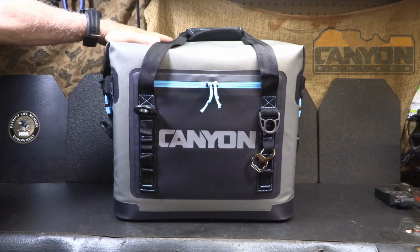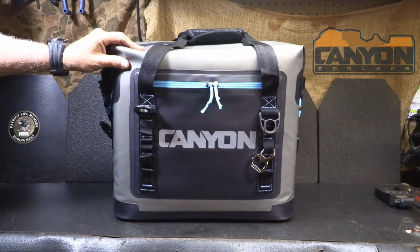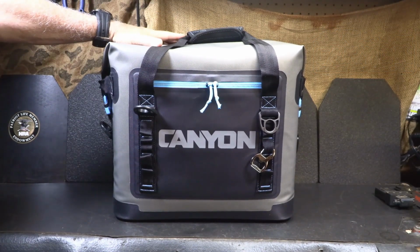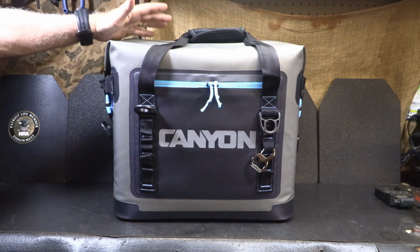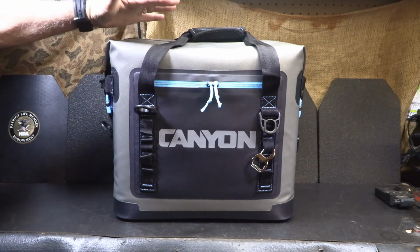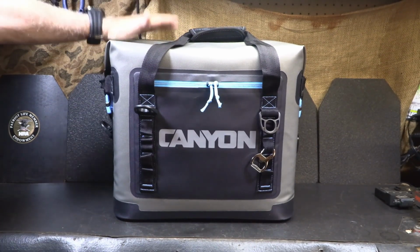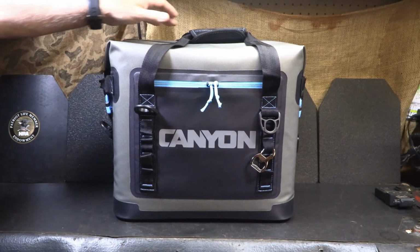Next is the Canyon Coolers Nomad 20. This is a 20-quart soft cooler. Now, I'm really excited that they included this in the gift guide, because having a cooler like this, especially at the beach, if you're in a boat, I mean, it's much better than packing one of those big hard coolers. They have their place, but this is a really good quality, and it's one of those that you can just